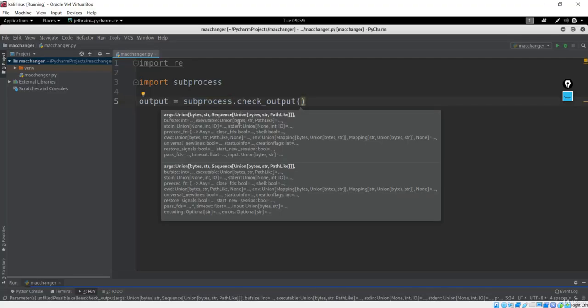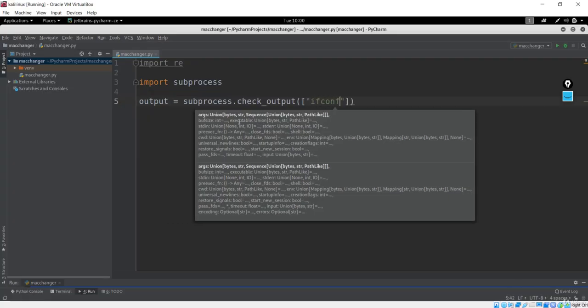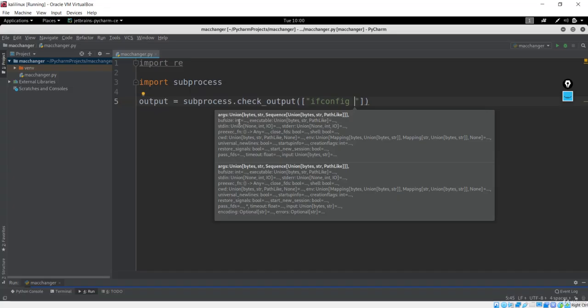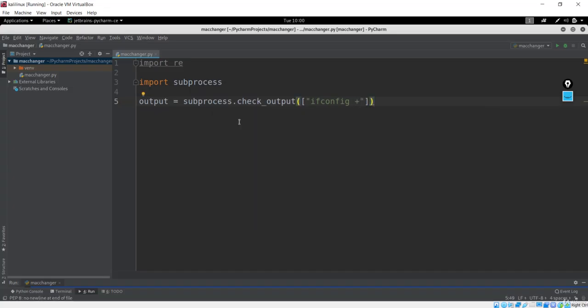I'm not going to use arguments yet, but I'll make a list. In this list I am going to type a command. If you remember, the command was ifconfig, then a space, and then I have to put the addition operator after the double quote and join this with wlan0, because I want the MAC address of wlan0.